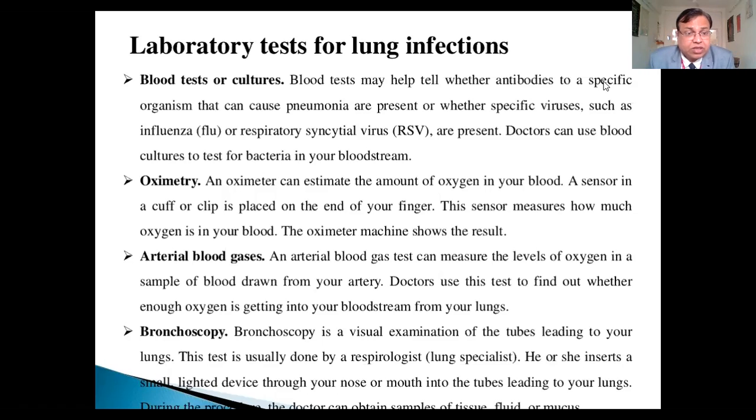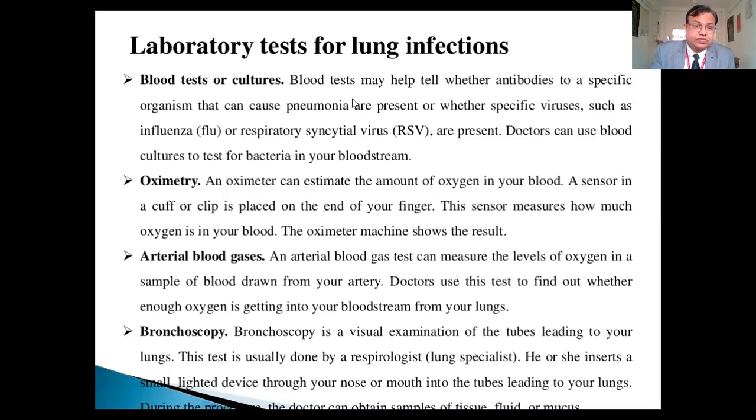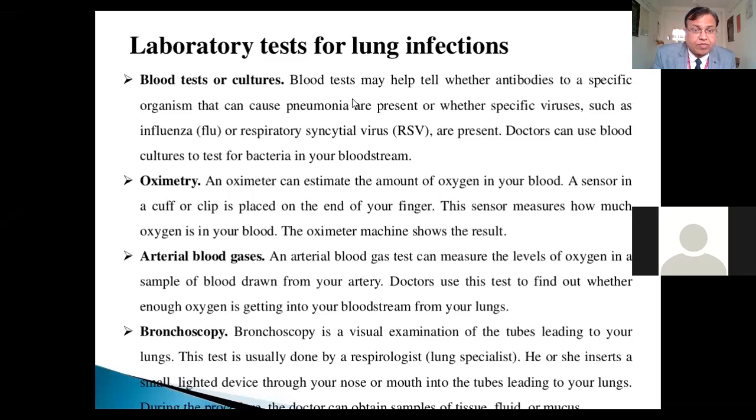Now, third is the arterial blood gases. The arterial blood gases test can measure the level of oxygen in a sample of blood drawn from your artery. The doctor uses this test to find out whether enough oxygen is getting into the bloodstream from your lungs